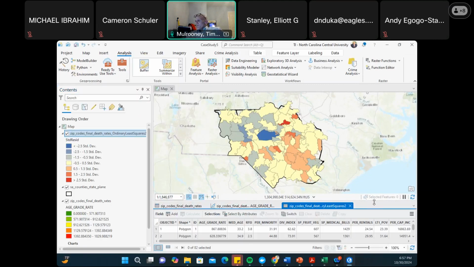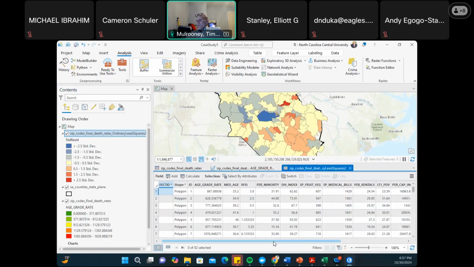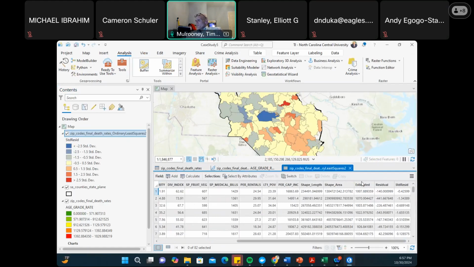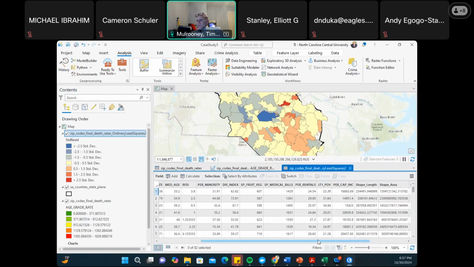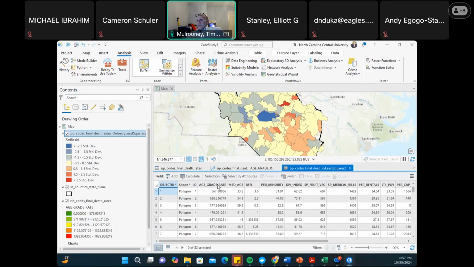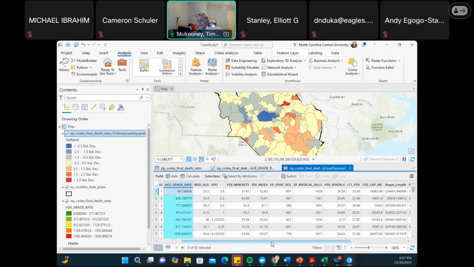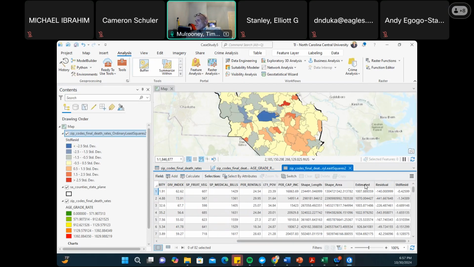and open up this thing, I go here, the age graded rates here, estimated, residual, standard. So this has got the approximate value, the predicted value. This is the age graded rate, what it should be, what it is, versus what it should be based on this model. That's what it's predicted. And then the difference is the residual. So you can see this one right here. It doesn't have that much of a difference. Now, if I were to right mouse click and sort ascending,